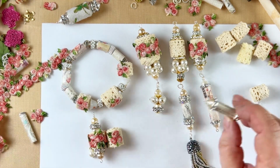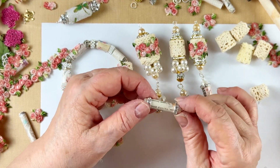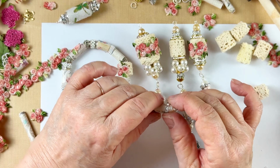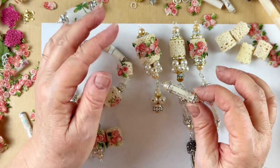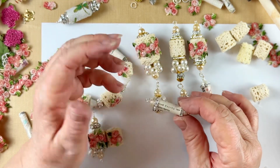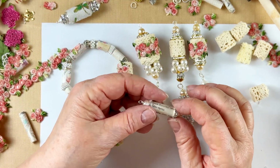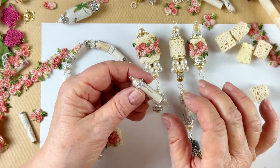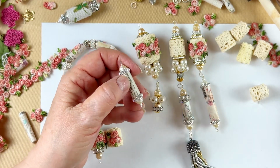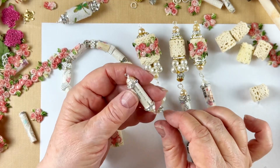Another thing you can do with this, and I don't have any here to show you, but you can get PVC tubing, very narrow, like this, so it would be like a 3mm hole maybe, something like that. You can cut it to size, do the same thing, and fill it up with stuff, like little micro beads, maybe sand, whatever you want, and make it into a connector. So there's a thought too, if you want to go to the hardware store and get some PVC pipe, and then you get your rondelles and your bling and put that with that,